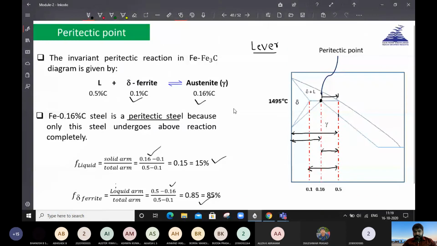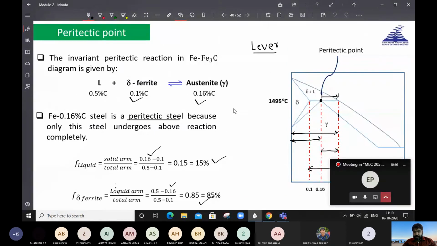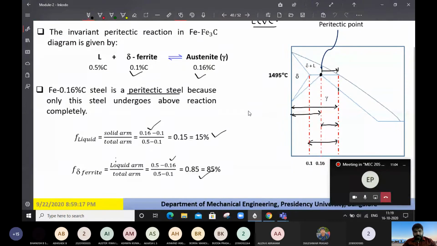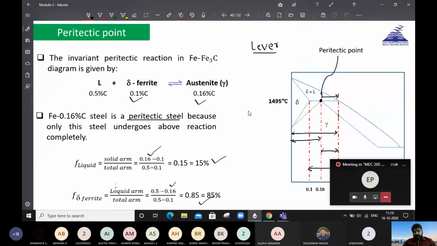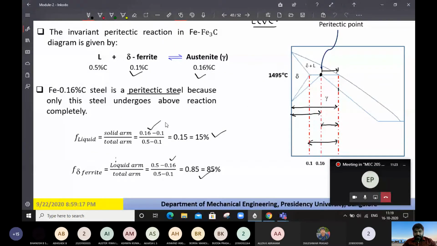Okay, so in the last class, we were discussing how to find the composition and the amount of phases. That is very simple, because we have been discussing the same thing since we started the isomorphous phase diagram. Then we discussed the same thing in eutectic, and again I am going to discuss it over here also, so that you can have good control over this concept. As we have discussed, in order to find the composition, we make use of the tie line, and in order to find the amount of phases, we make use of the lever rule.